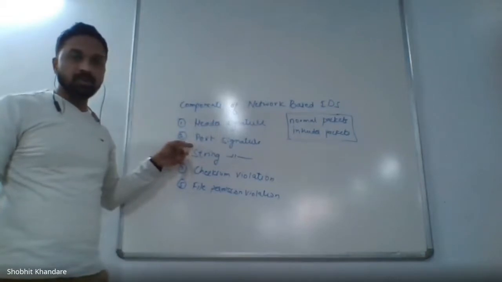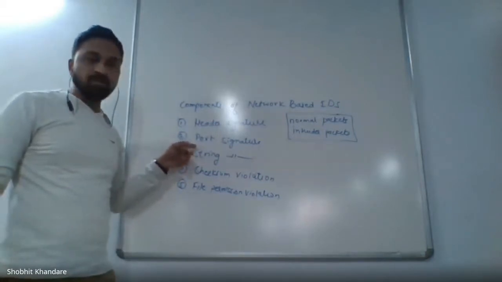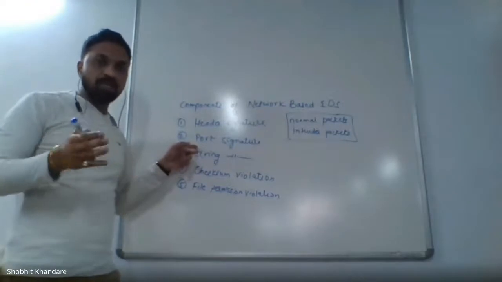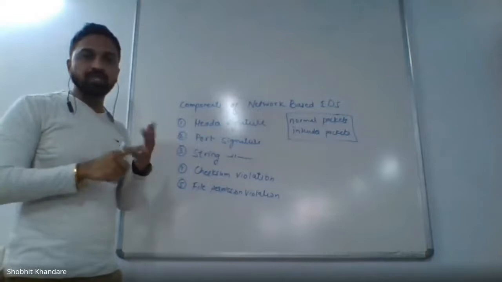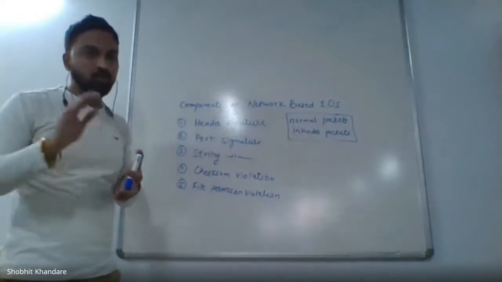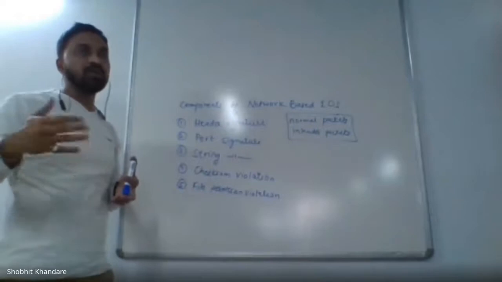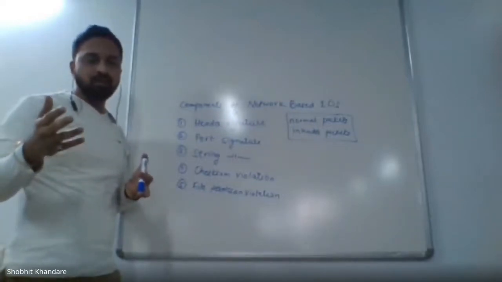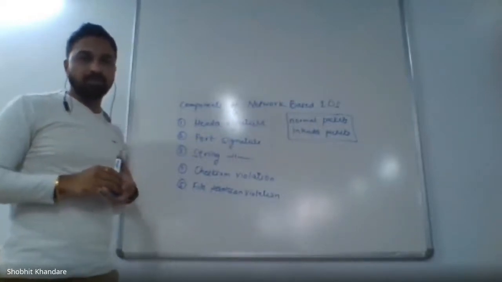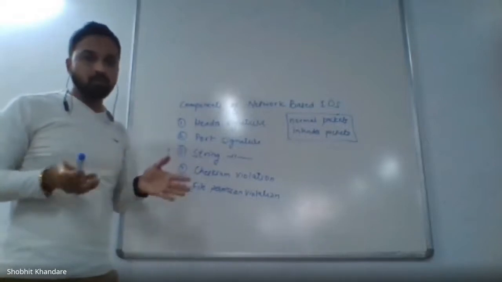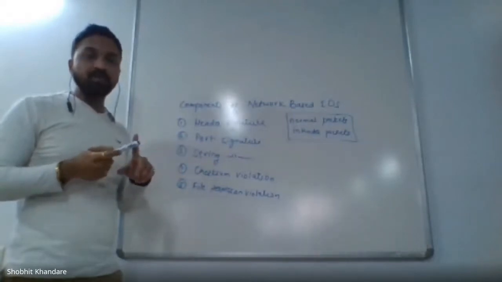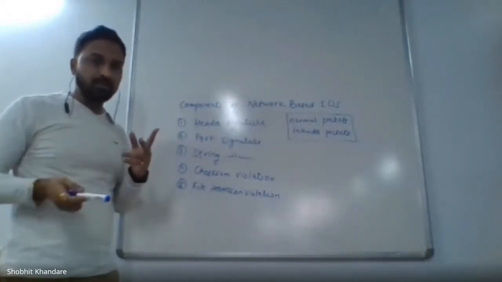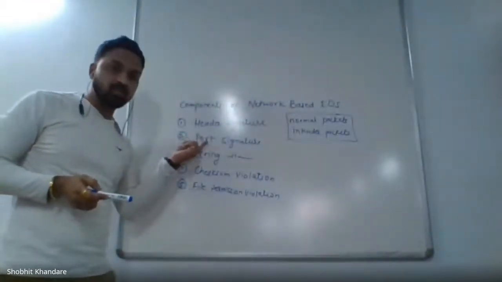Similarly, the port signature. If you see the different protocols, every protocol has a port number. You will understand all these protocols when you learn this in the computer communication network subject. You have different protocols for sending the messages, like HTTP, FTP, SMTP. There are many, and every protocol will have some port. So there is some port signature also associated with that.